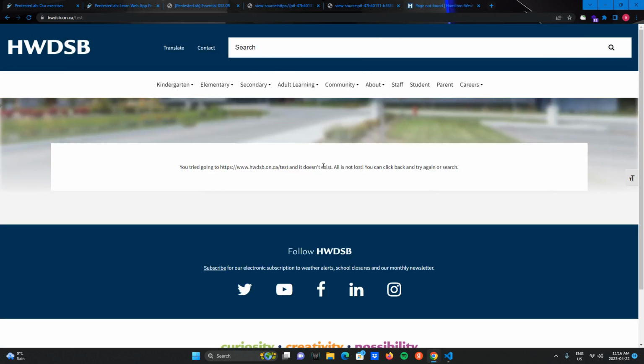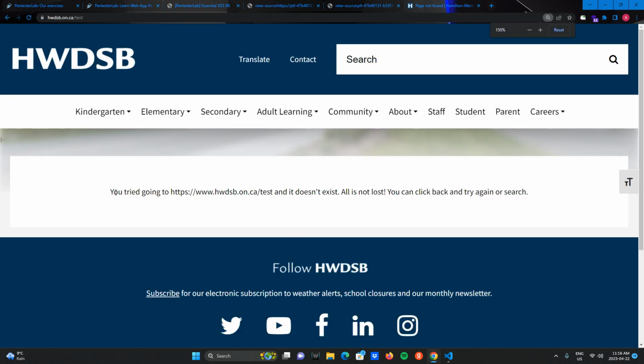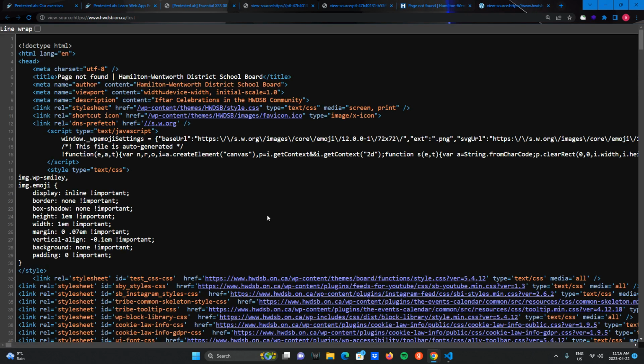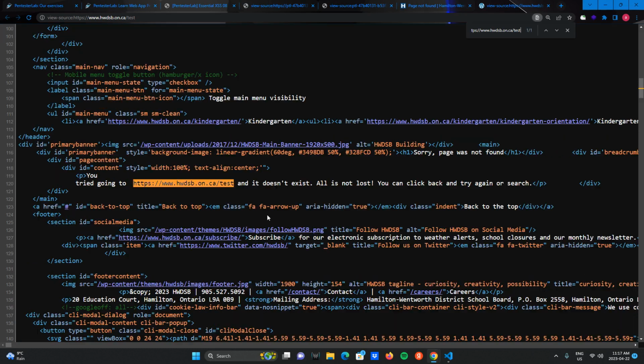it's just going to show me the page with the content of "you try to go into https://www.dsp.on.test, and it doesn't exist." What does that mean? That means this string after the URL gets reflected, and the URL itself gets reflected as well. What does that mean? If I'm going to copy this and go to view page source, I can see in